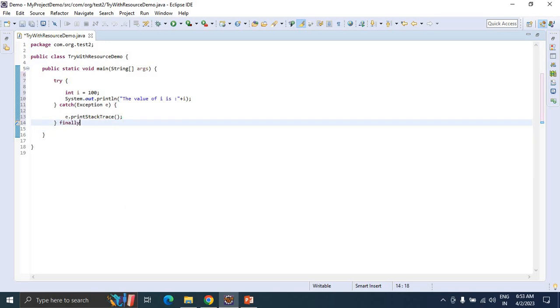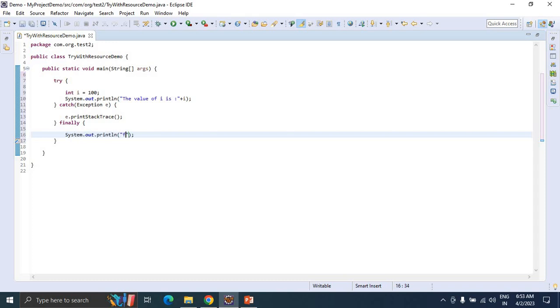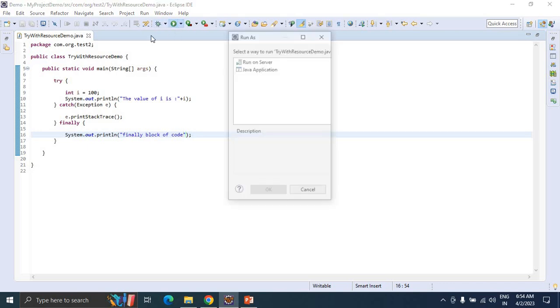And finally you can declare this one. This is the finally block of code. So as we know, this is the traditional approach: try, in brackets inside this we put the source code, and then for the exception we can add more than one catch block also, and finally we will close all the resources here. If you are not closing, unnecessarily we are wasting memory, so it is not good practice, and readability is also not good. And let's try to execute this program now.